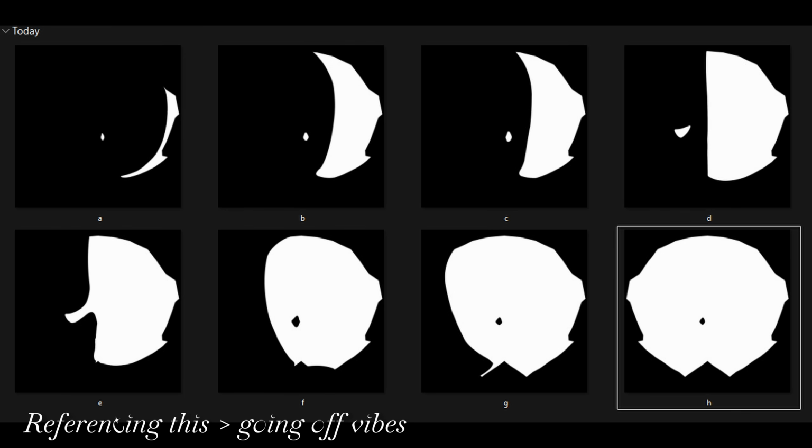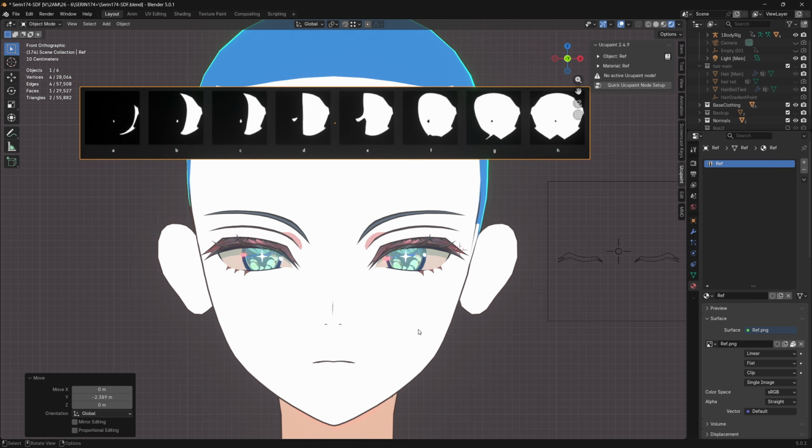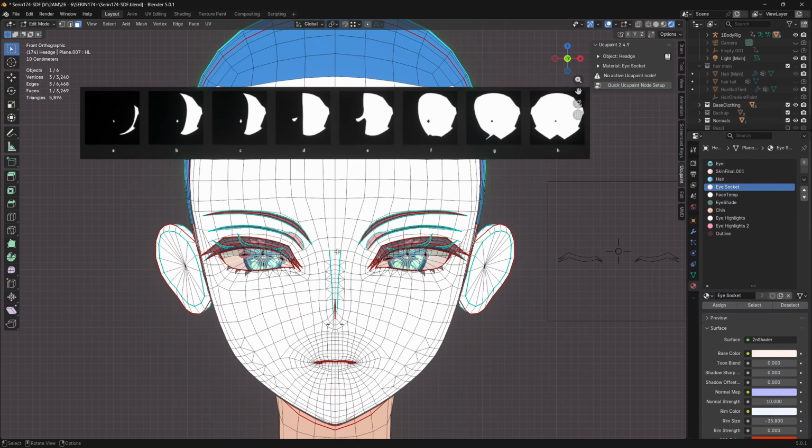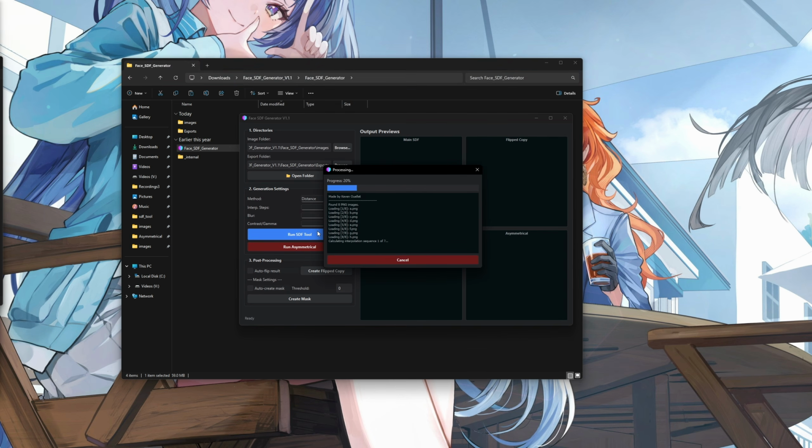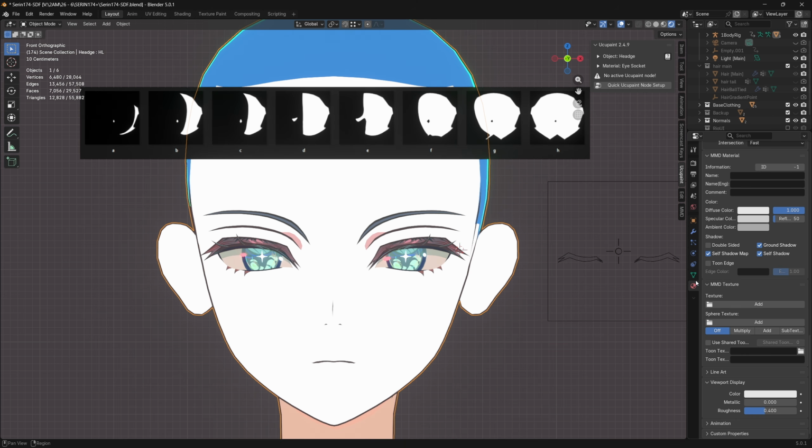And the frames in between are that transition, and our goal is to recreate these frames with the exact shadow and highlight positions. And later, I'm going to combine them with a special program that generates the SDF map based on those images. Now, as I mentioned earlier, I'm going to use a separate UV map for the SDF,